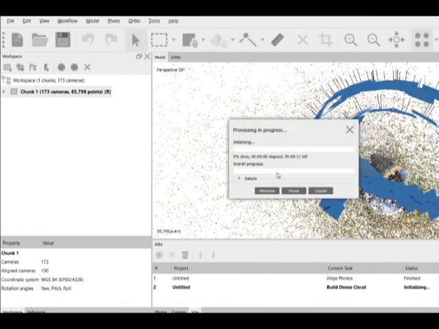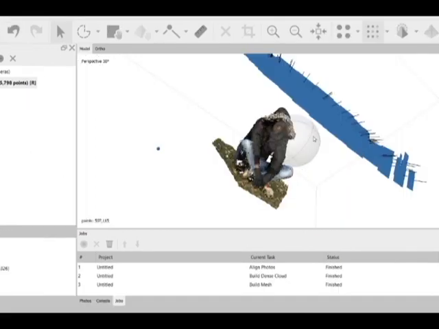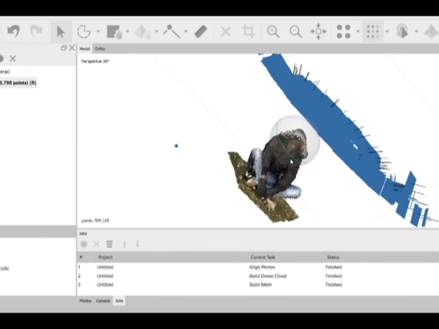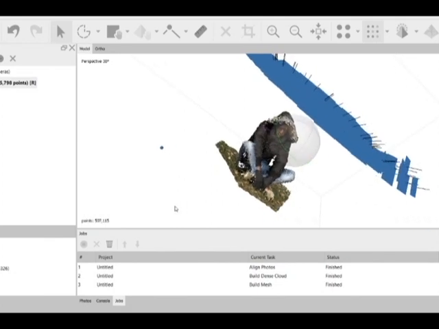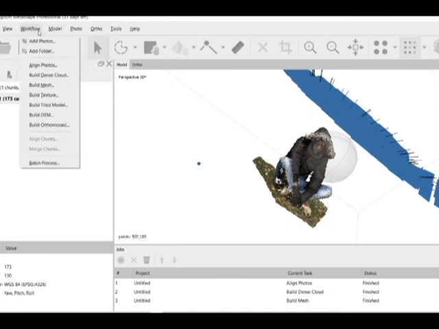So we're building the dense cloud right now, and depending on your computer, it can take really long. For us, we're lucky, because it's just done online. So what we have to do is just wait. Looks like it's done, guys. So as you see, it's just close to reality.